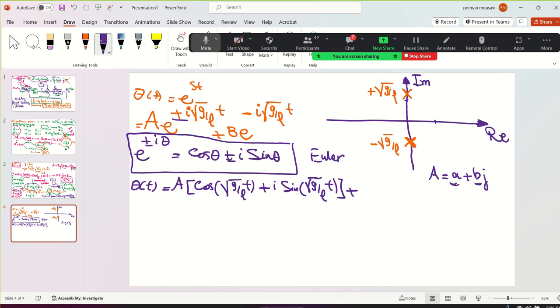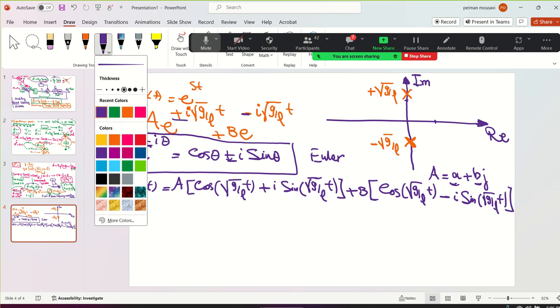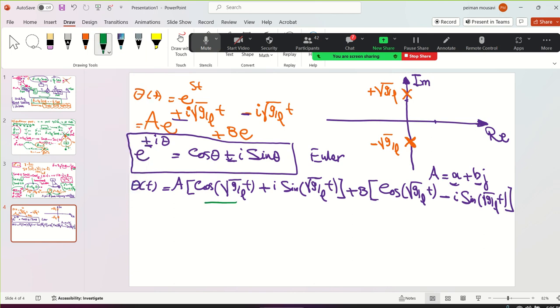Now the second part, B, again cosine sqrt(G over L) t, minus, because you have minus here, minus i sine sqrt(G over L) t. Obviously you can factor out cosine with cosine and sine with sine. I'm just doing here, it's going to be A plus B